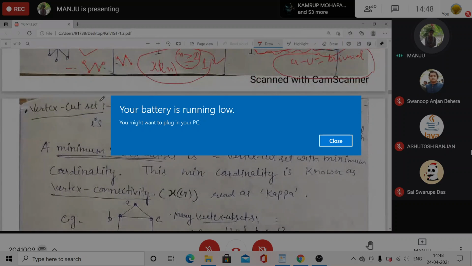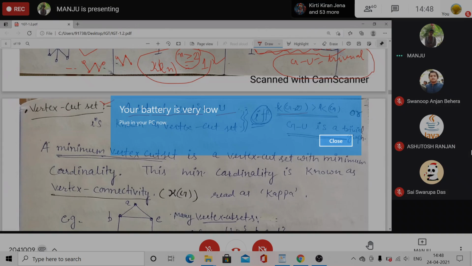So this is your set. I'm not saying minimum set. Any set of vertices U does that. This gives you either this number of components after removing